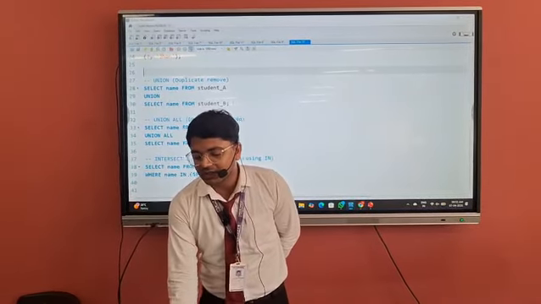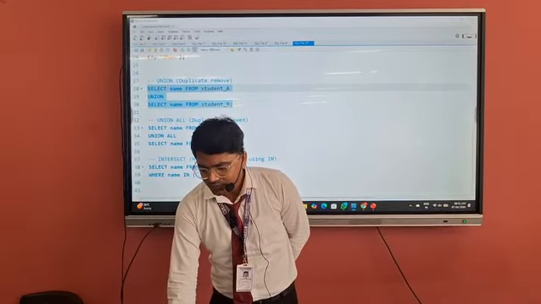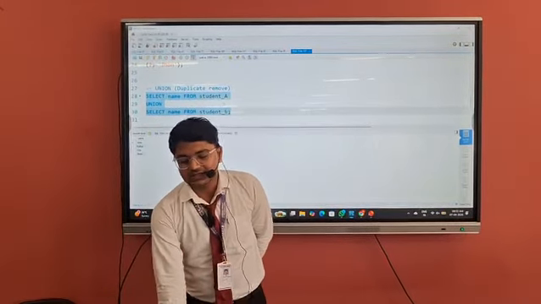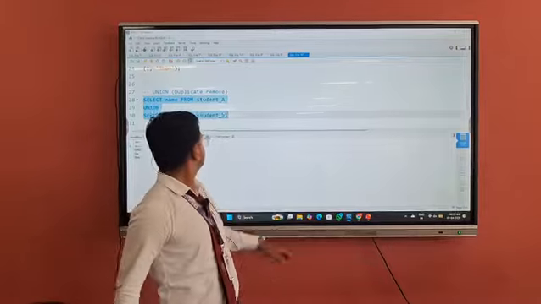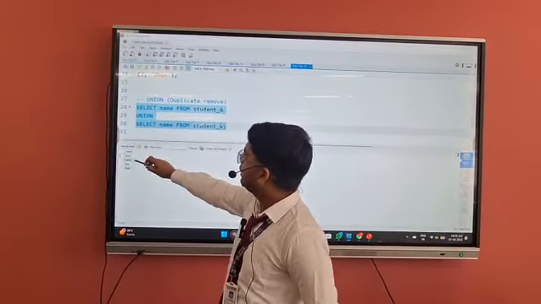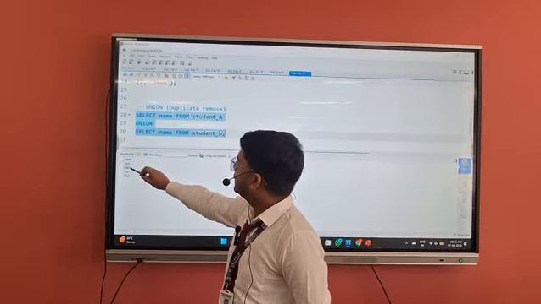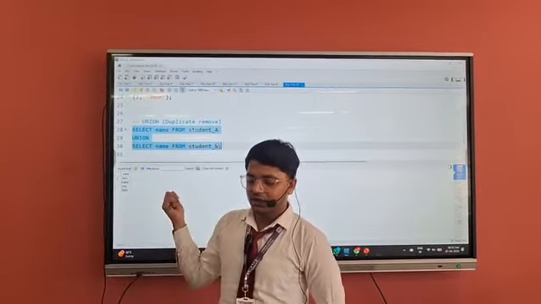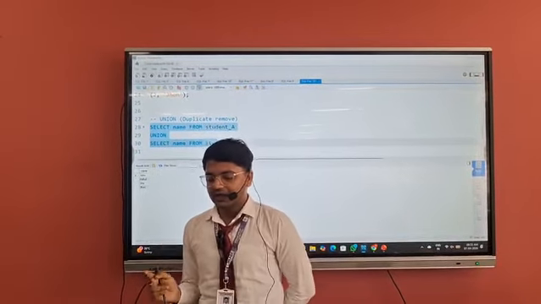Now let me run this query. It displays John, Rahul, Sita. John was entered two times, but UNION removes the duplicate value.